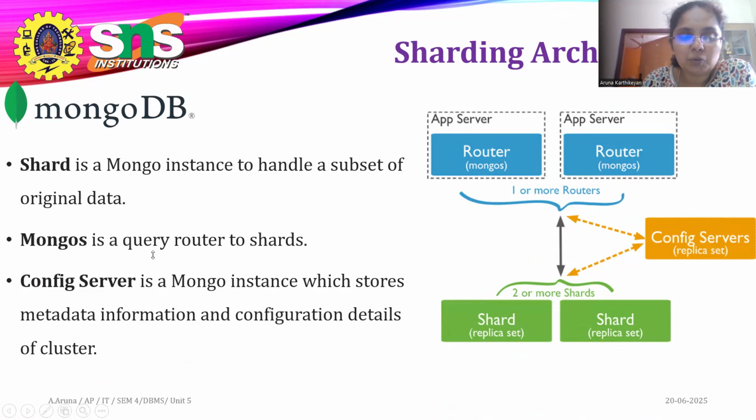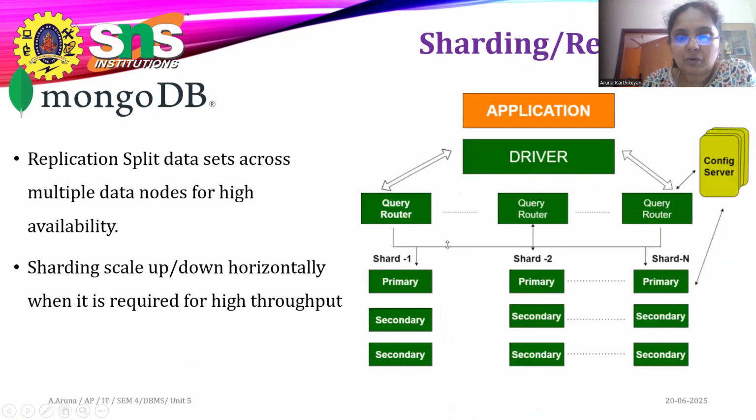Here you have a mongos. Mongos is another shell that can be incorporated here, acting as a query router for the sharding. We also have to configure the server. Through the config server, our metadata and configuration details are used in the cluster. This is how it can be stored and arranged. Here there is an application driver and a query router. Based on the sharding, your data can be replicated to each other. This is the configuration server.